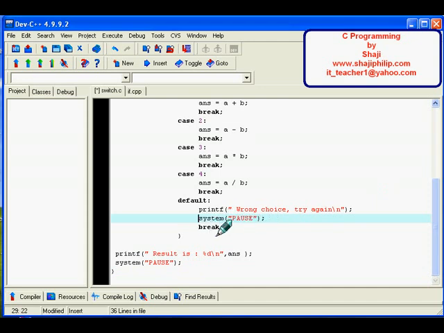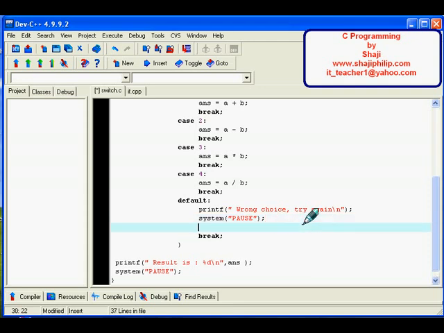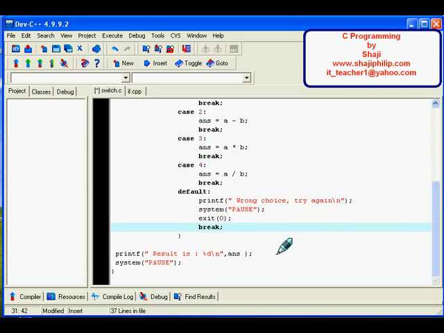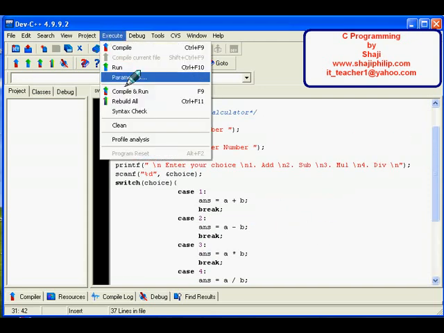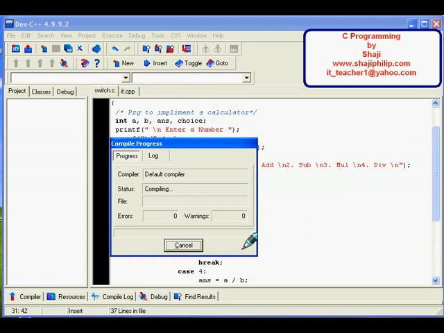Then the program will choose only this area, and if our choice is 2, then it will choose only this block, and if our choice is 3, then it will choose only this block. In case of 4, it will choose only this block. And if you give something else which is not valid, then it will come directly here, print the message and